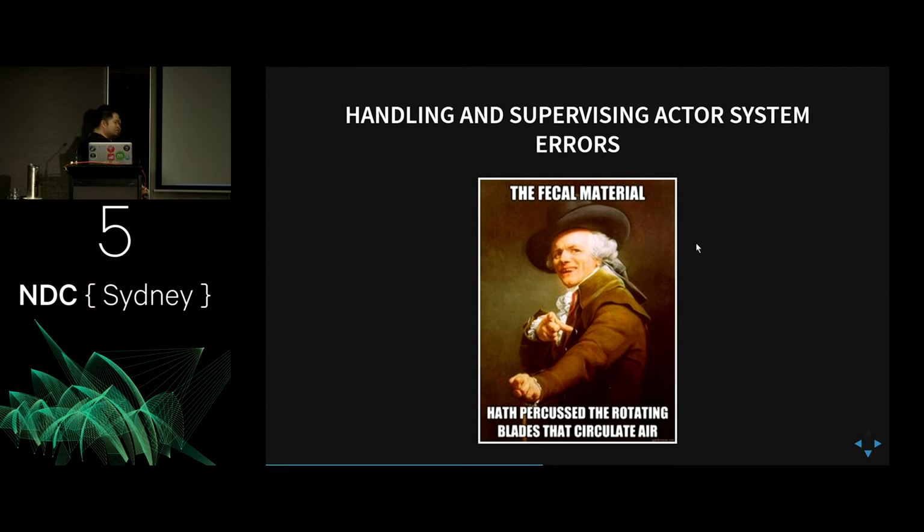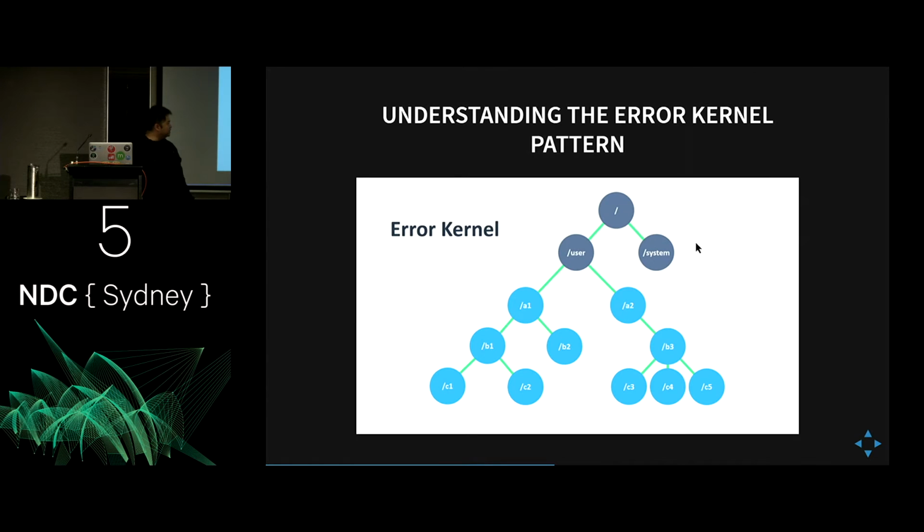Of course, not everything goes according to plan with Akka.NET actors. When things start to hit the fan, the problem is, how do you handle errors when things happen? Now, there's something from the original paper from Carl Hewitt, which is this idea of the error kernel. And how this works is that the errors bubble up from the child nodes all the way to the top. And in these child nodes, whenever things go wrong, the parent actor has a couple of choices about what they want to do in case things fail.